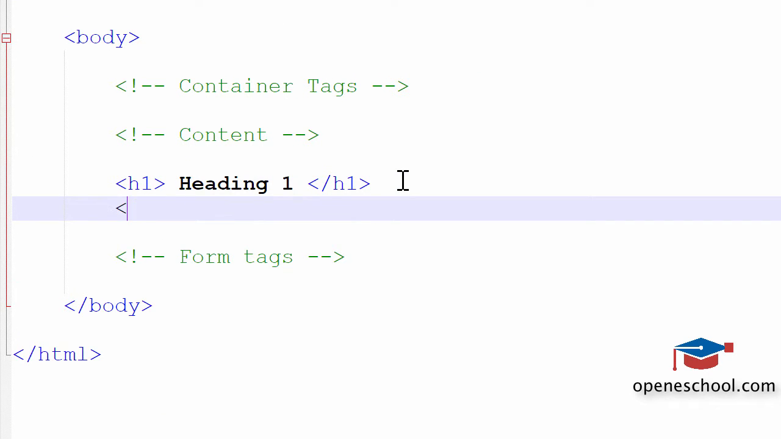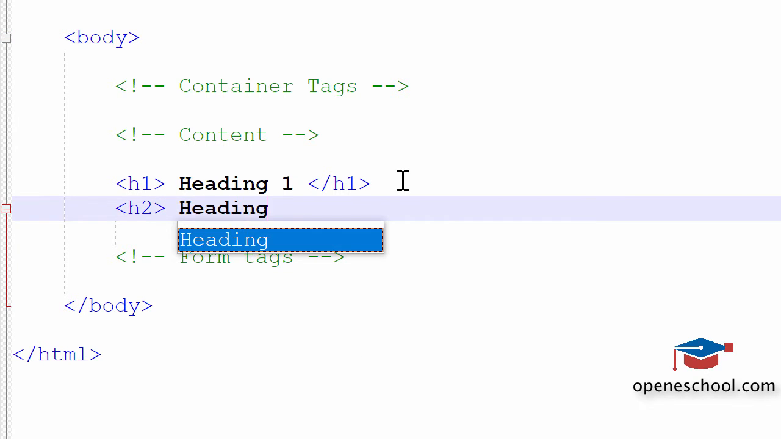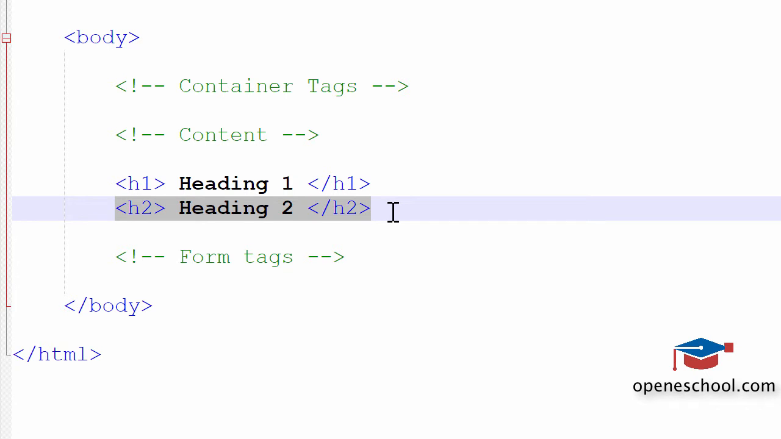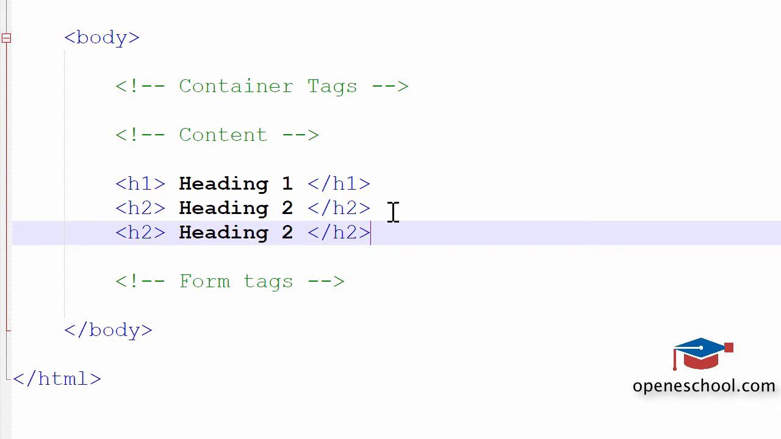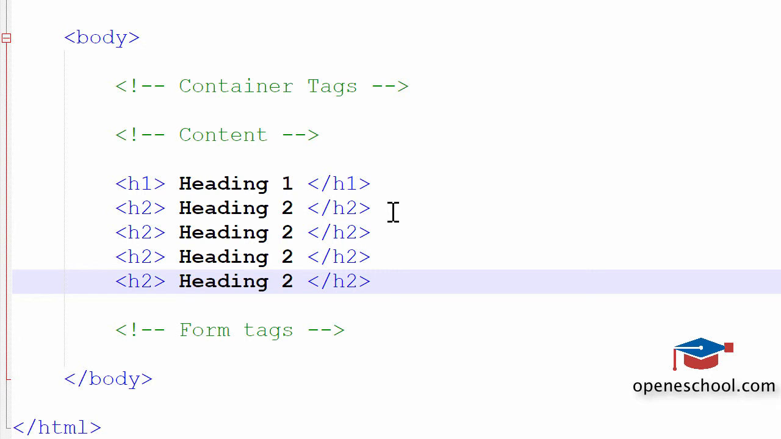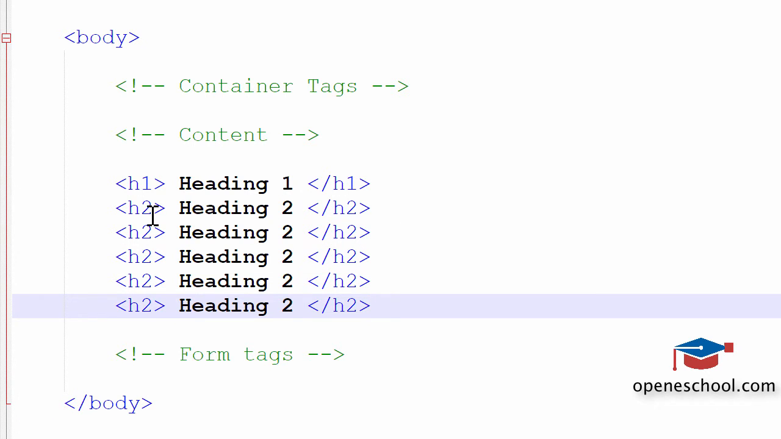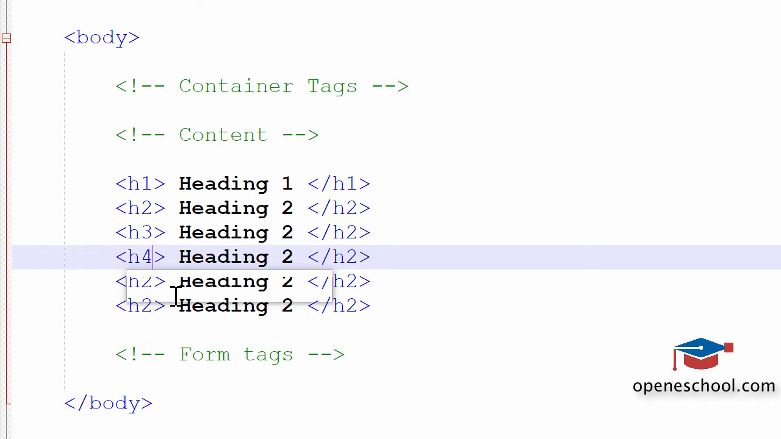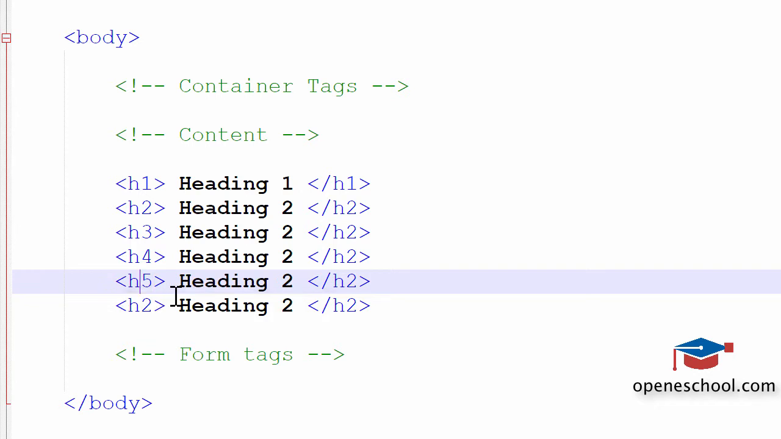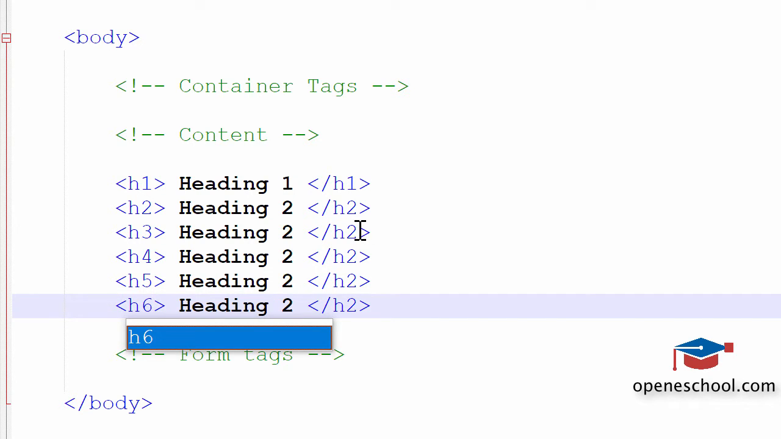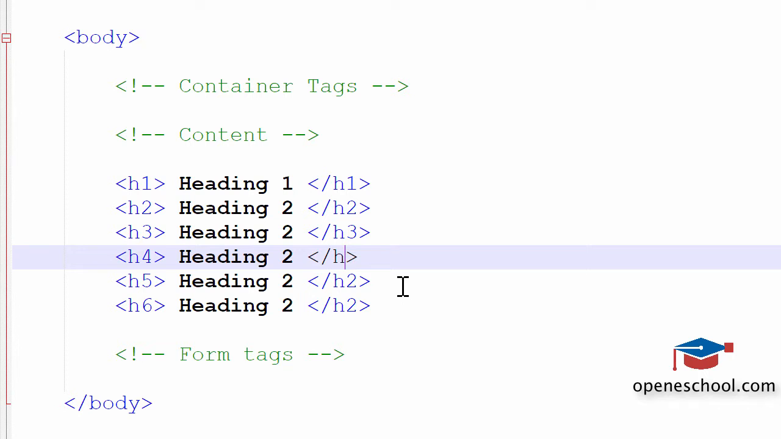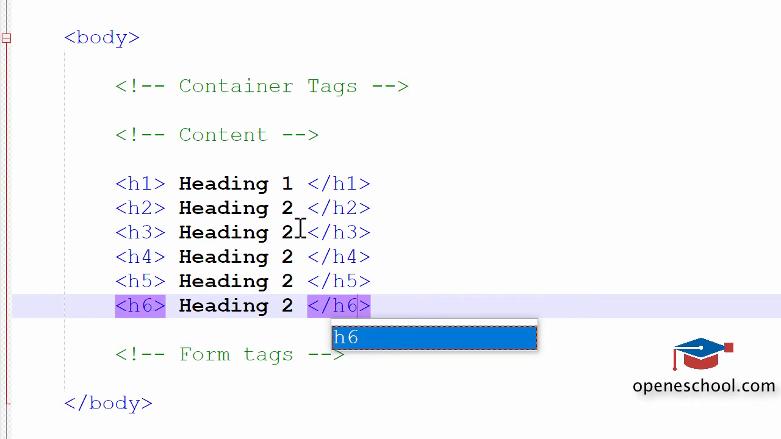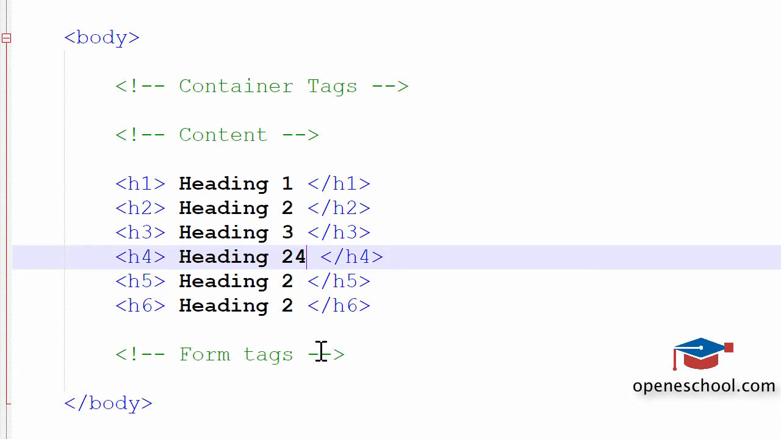There are six heading tags. H2, heading 2, and we will close the H2 tag. Let me copy this and then paste H3, H4, H5, and H6. So this will be H3, H4, H5, and H6. Let's change this also, 3, 4,